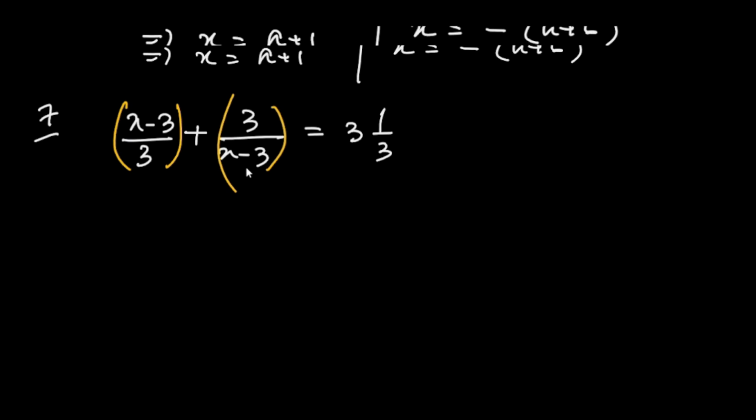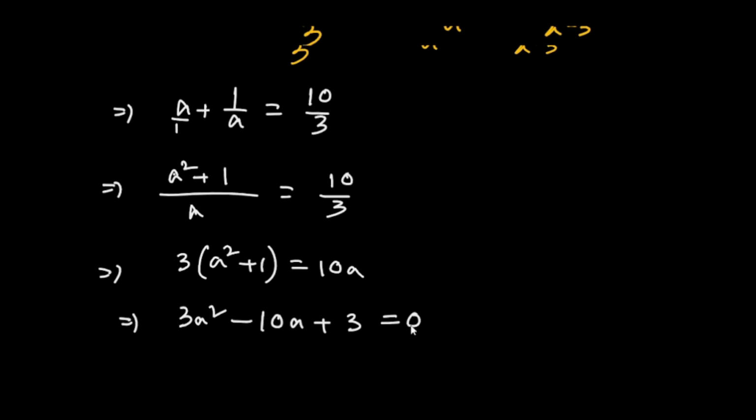Now if I put these values in this equation, I will get a plus 1 by a equals 3 whole 1 by 3, that means it will become 10 by 3. Now our work is to simplify it and find the value of a from this equation. So let's simplify it first, and then from there we'll find out the value of a. So a is the LCM. a means a by 1, so it will become a into a square plus 1 over a equals 10 by 3. By cross multiplication, thrice of (a square plus 1) equals 10a. So that means 3a square minus 10a plus 3 equals 0.